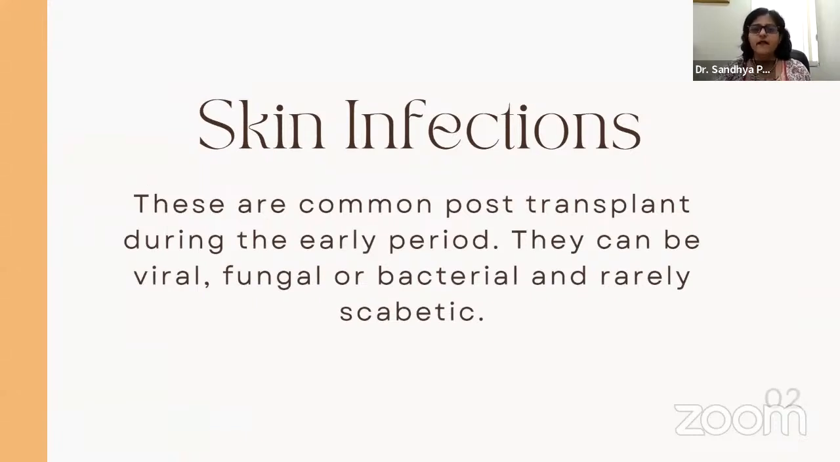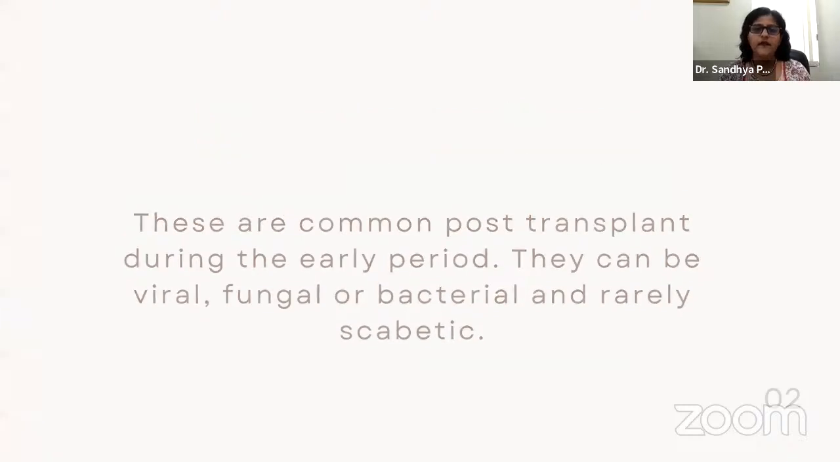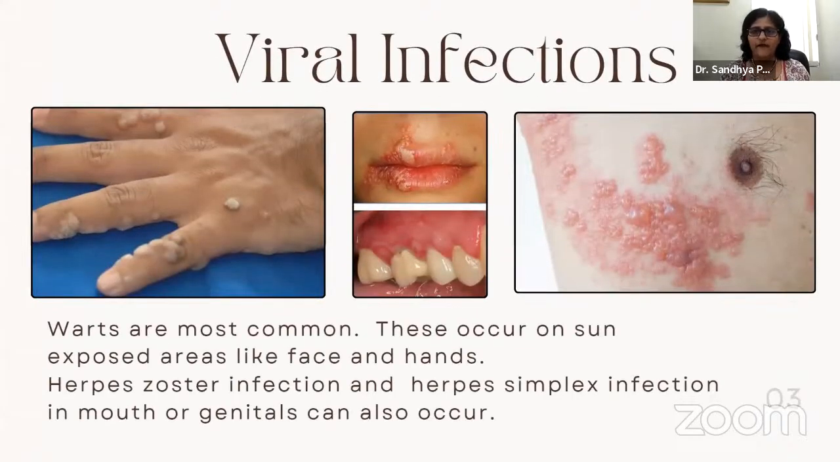Skin infections are most common post-transplant during the early period due to the high dosage of the immunosuppressive drugs. These can be viral, fungal, or bacterial, and rarely septic. Now we come to viral infections. Warts are the most common. These occur on sun-exposed areas like face and hands, and they are seen as dirty-looking, harmless growths. Herpes zoster infection can also occur as group blisters